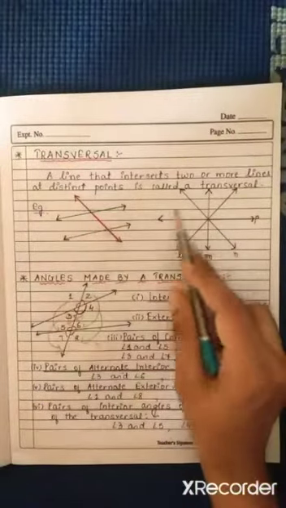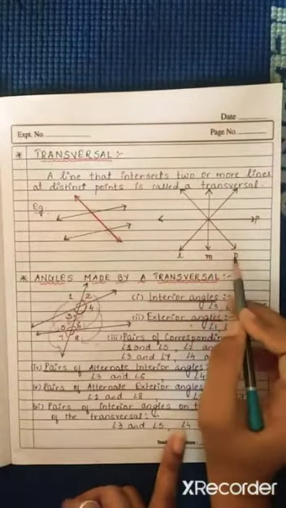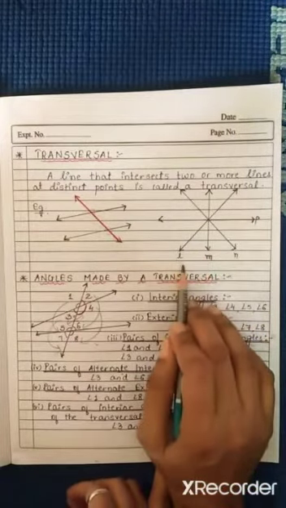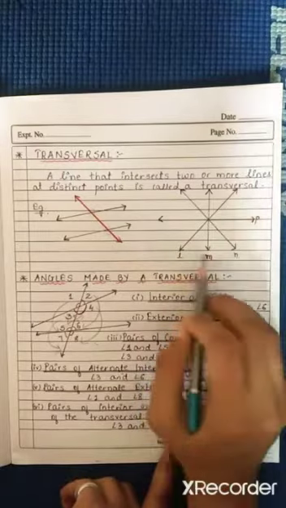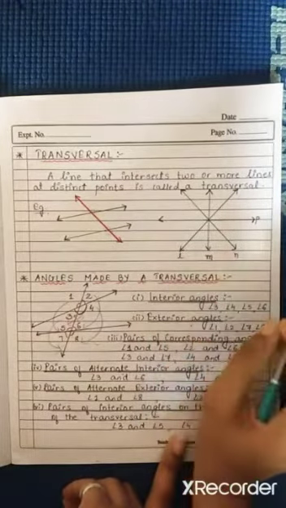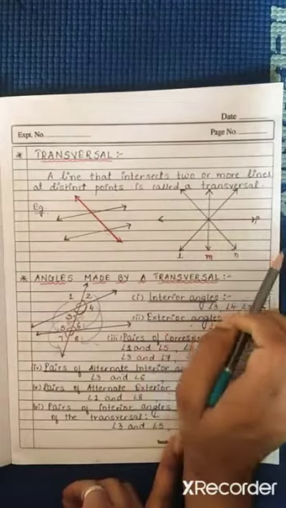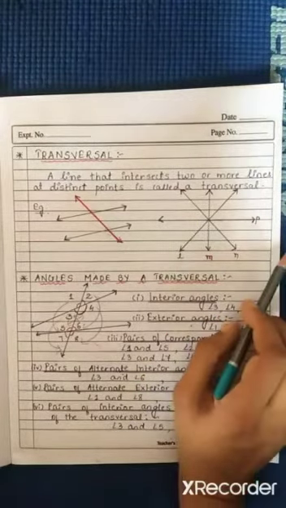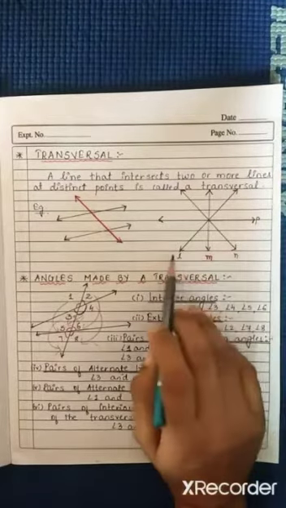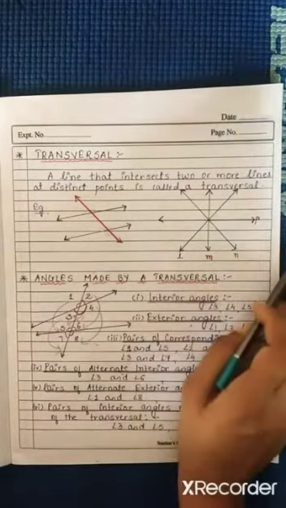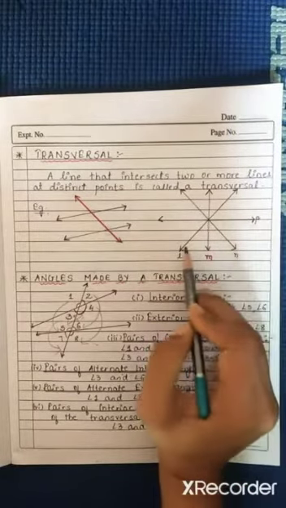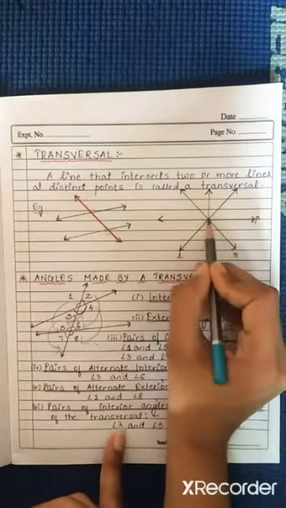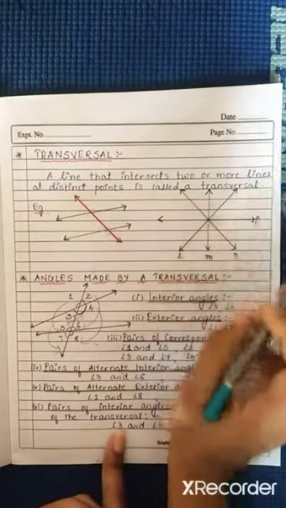Now see this figure. In this figure we have 4 distinct lines. It is line P, line N, line M, and line L. Now the question arises, is any of the lines from this figure a transversal or not? This is the question. So the answer is no. Why is none of the lines from this figure a transversal? Because no doubt all these lines are intersecting one another at this common point. This is the common point of intersection for all of these lines.